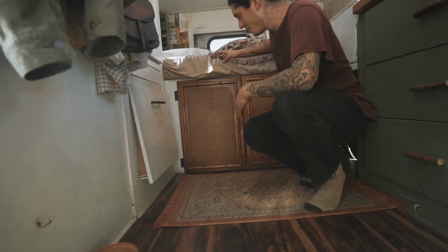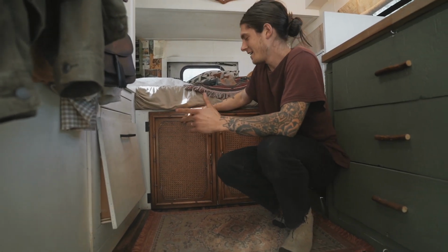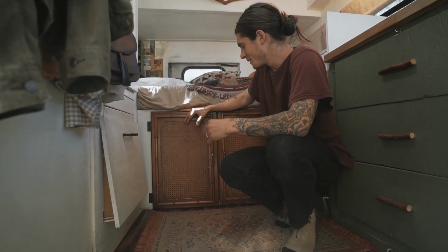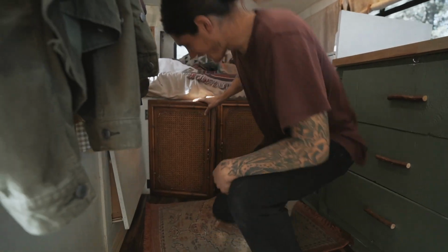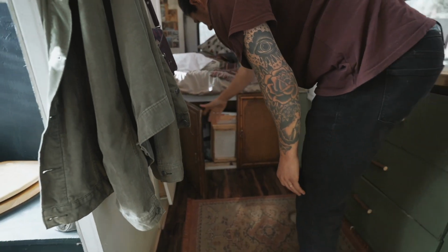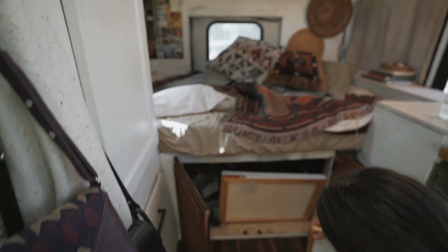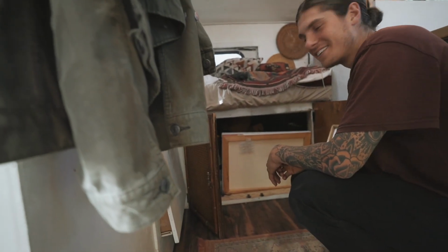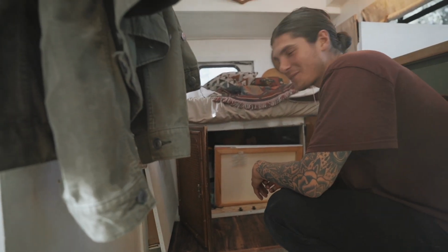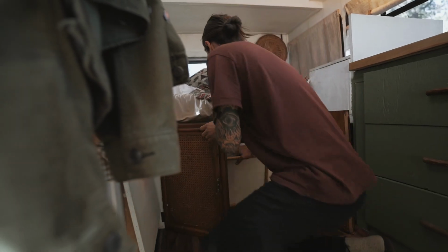Down here is actually our garage. So this is the entrance to it. These two old doors actually came from a vintage cabinet that we had in our apartment, and we loved them so much, so we had to take them with us. And I'm mixing up the carpet. But in here we just have some painting things, a lot of garage stuff. It's a big mess right now. I was told to clean it and I didn't, so ignore the mess. But moving on,